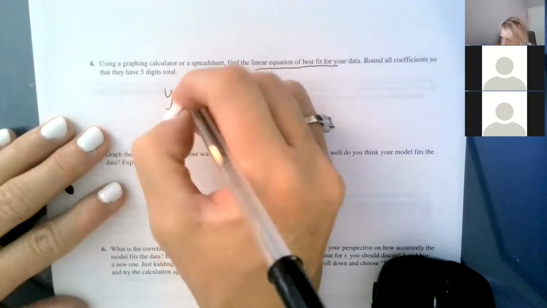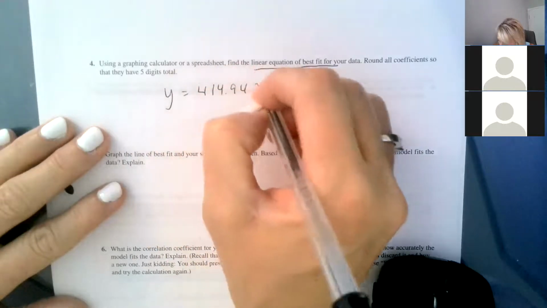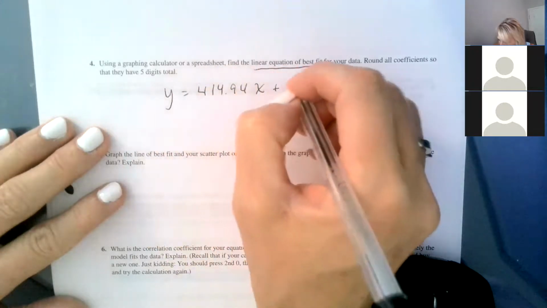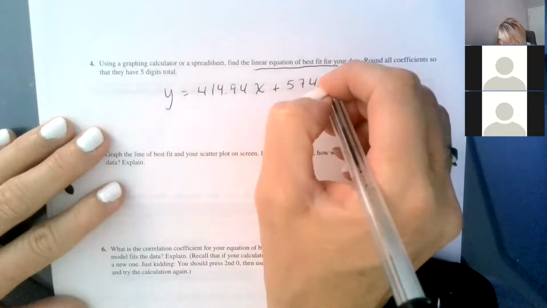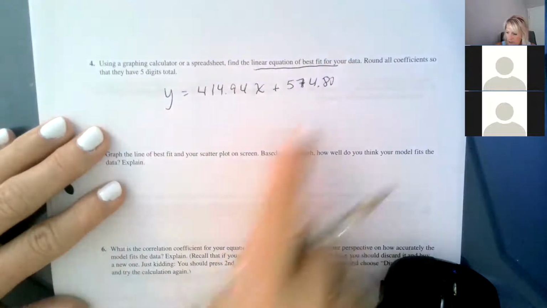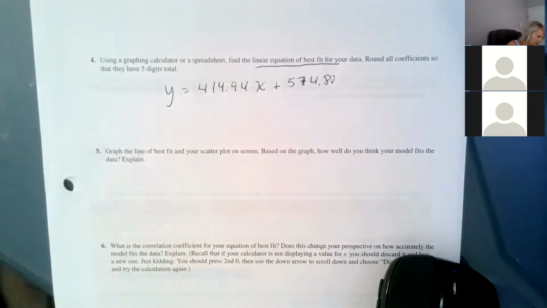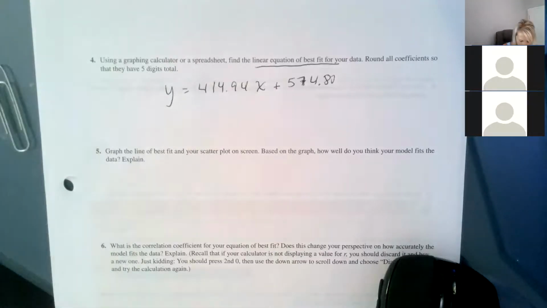So we came up with this 414.94x plus 574.80 when we round appropriately, because it's in dollars, right? Did everybody get that on theirs? Yeah. Okay, good. I want to make sure everybody's got the same thing. Okay, so then, as a statistician,